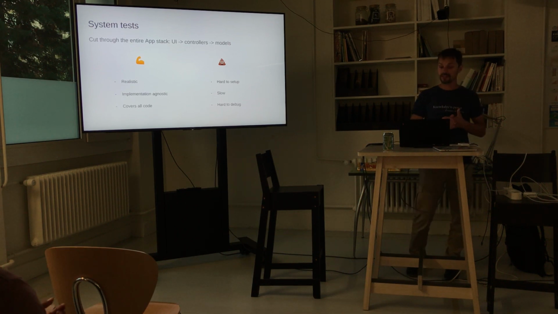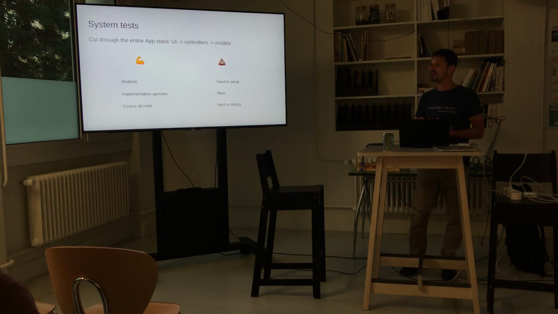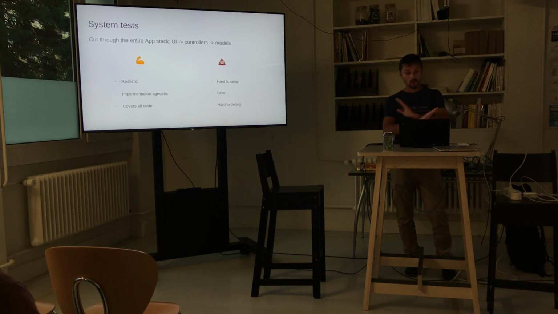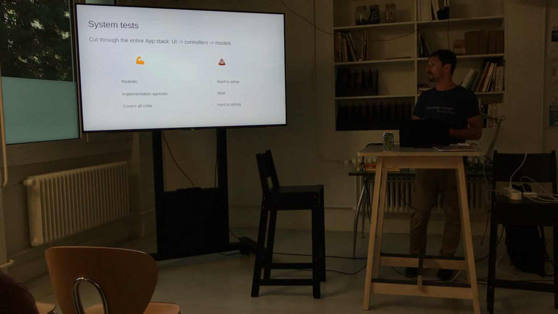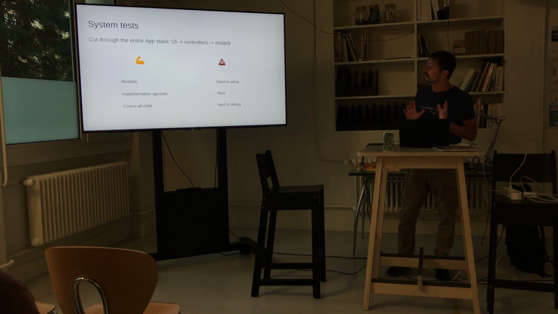The test pyramid advises us to have few system tests. But that's only because they are hard to work with. Otherwise, if they were easy to work with, we should just have only them. But that's unfortunately not the reality. The reality is that they're constrained by these bad things about them. But if we were to reduce the number of these bad things, then we could have more system tests and still have a balanced